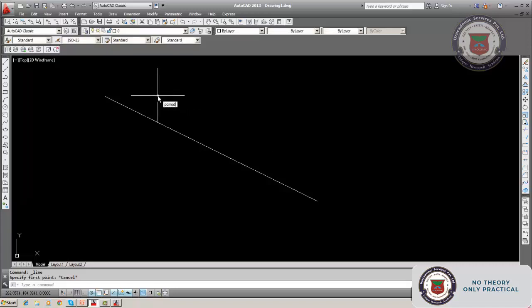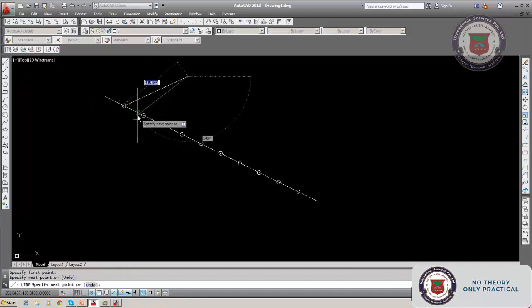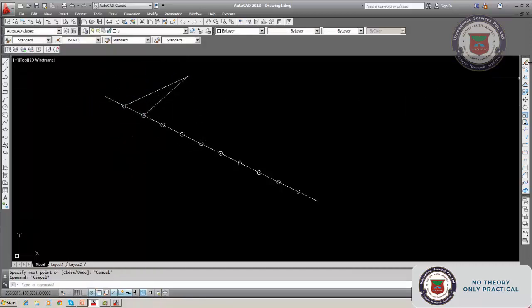But if I set PD mode to 32, then you can see the points. Now you can draw the line, like this, like this. Like that you can draw a line or a circle or whatever you want to do. So now we'll erase the entire thing.